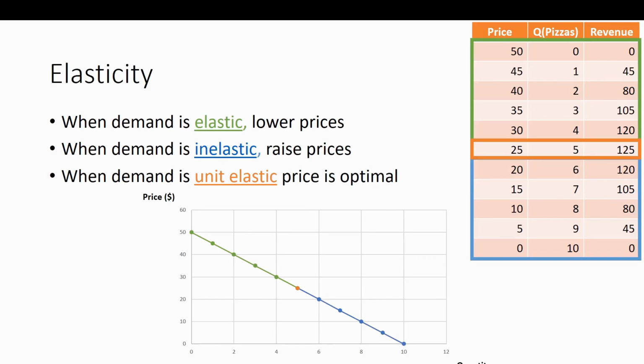All right. So when demand is elastic, you should lower prices to increase revenue. When demand is inelastic, you want to raise prices to increase revenue. And when demand is unit elastic, that means your price is already optimal. You are maximizing revenue, the price that you've